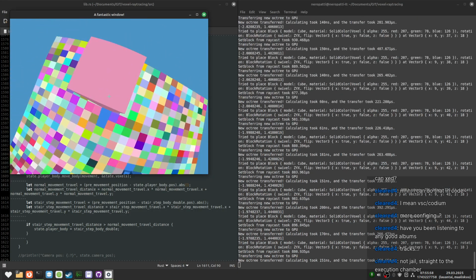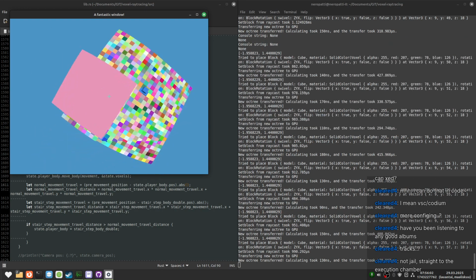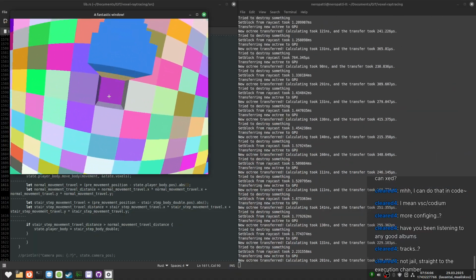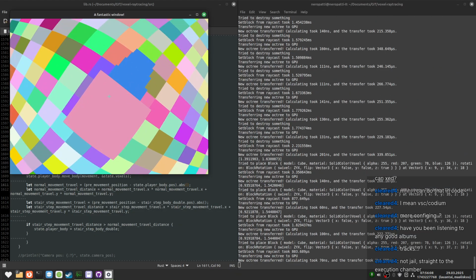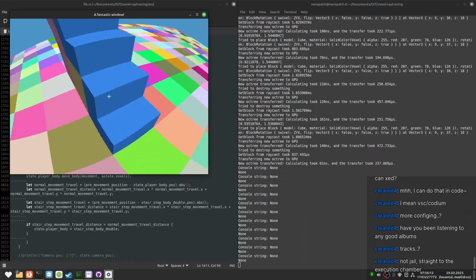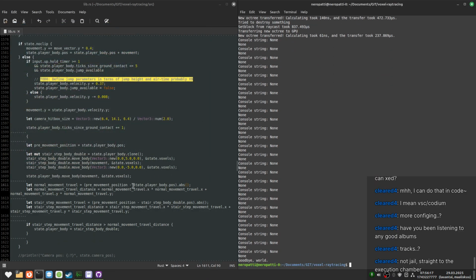This is still a problem. Why is this the case? Oh, also I'm saying Y in there instead of Z. It's interesting that this still works correctly.